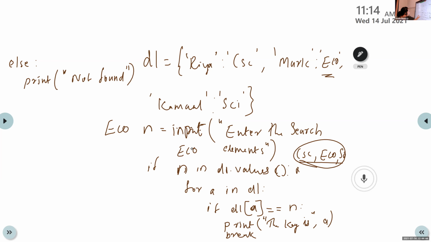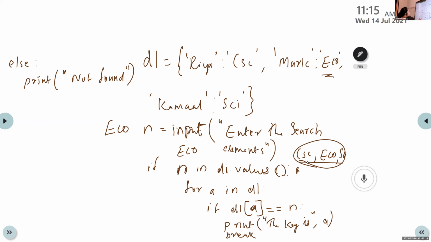If ECO is present in the list, we have to check whether that particular value is the first index value, or the second index value, or the third index value. We want to check where we can find that particular ECO value in this list.